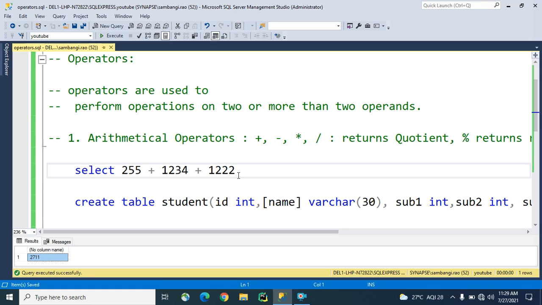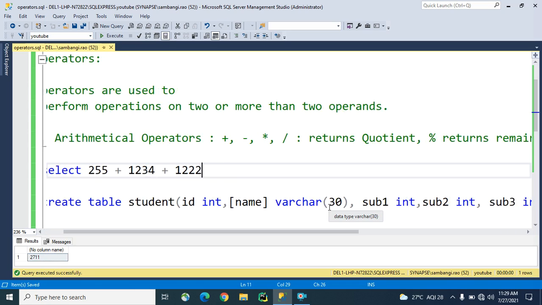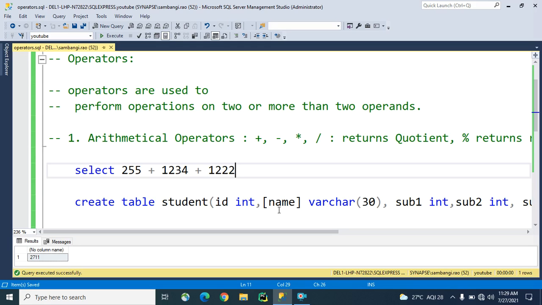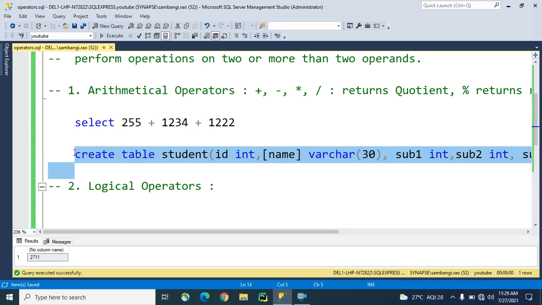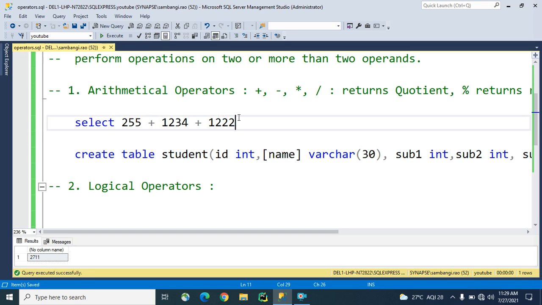So how will it help us in our real-time tables, in the database objects? We can do these operations with only the select keyword also, guys.